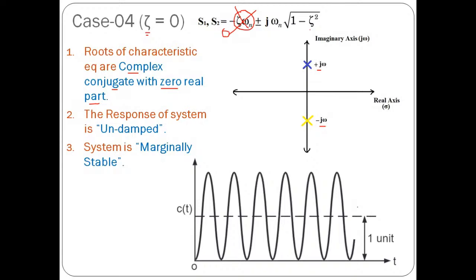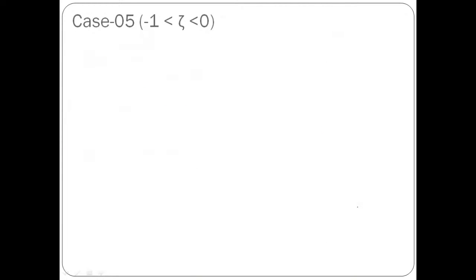Okay, now move on to case number 5. In this case, we are going to put the value of zeta in the negative aspect. That means, suppose you take the value of zeta below 0, that means if zeta is negative, less than 0, but more than -1. In this case, the